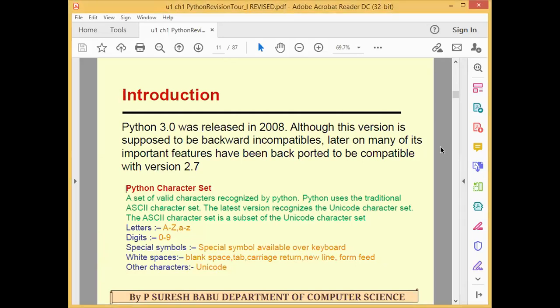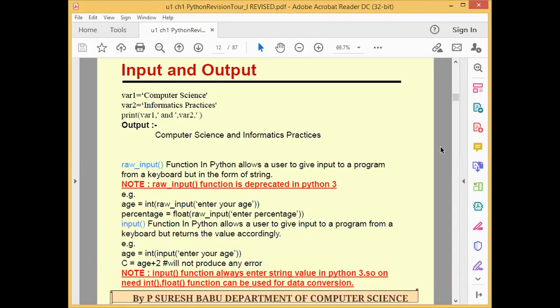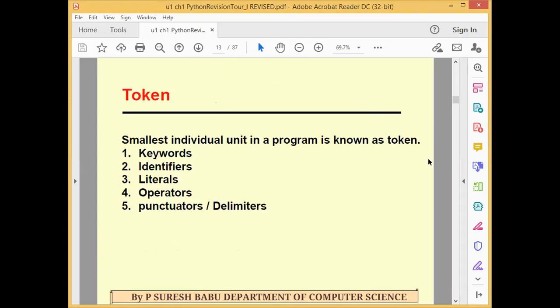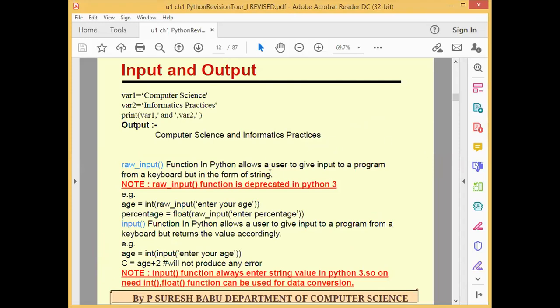Then token. Before going to token, we will see this subtopic: how to get input for our program and how to display the output on the computer.